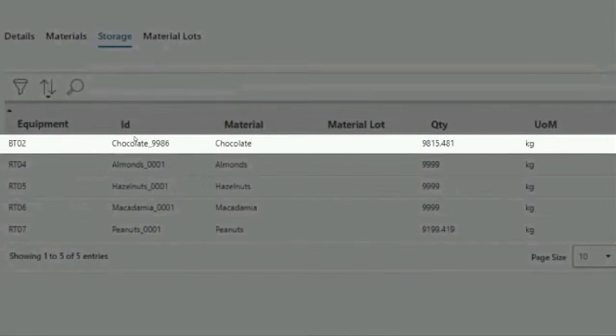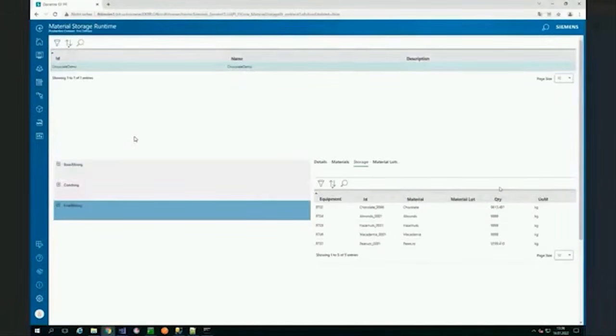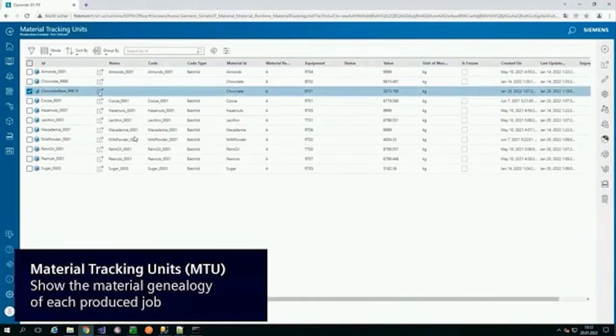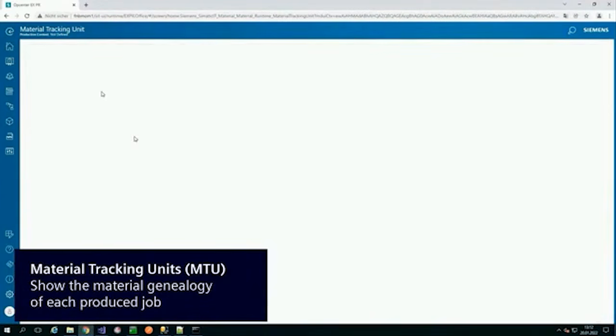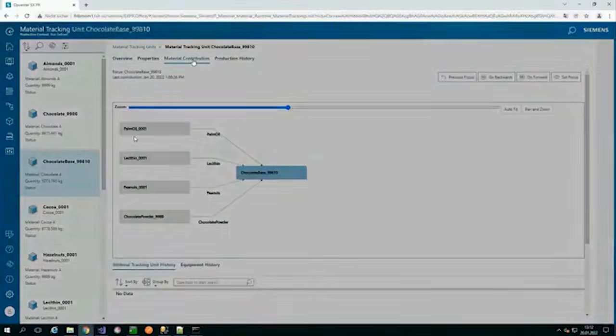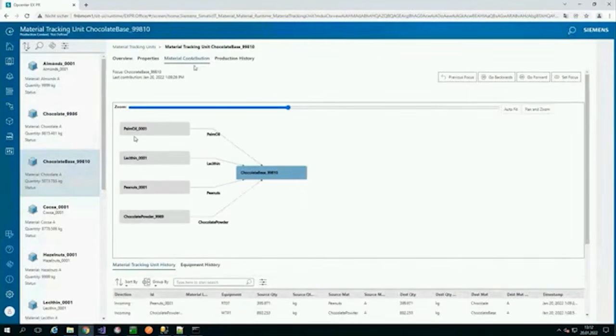Therefore, MES is able to pick up the message and put it into its database and build up the material genealogy. What we now see are the tracking units in Opcenter, and we pick up one of the tracking units and want to see what the material contribution was.